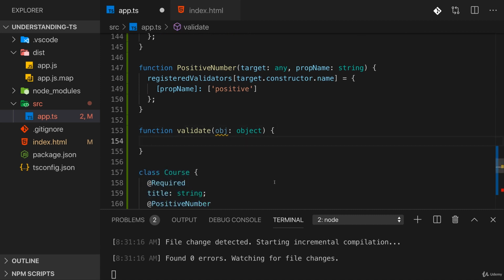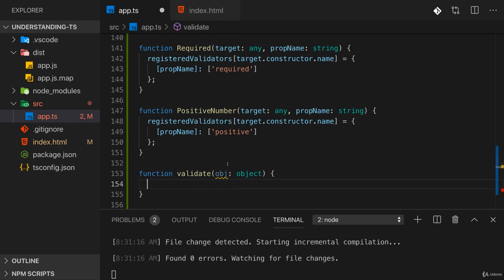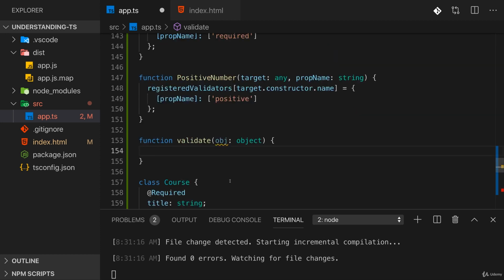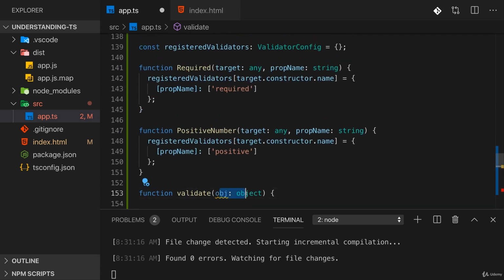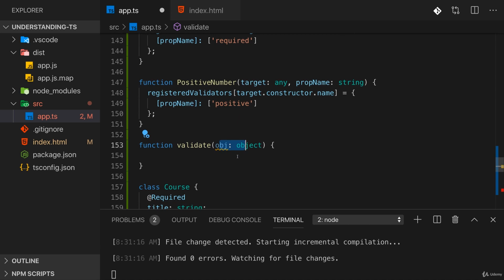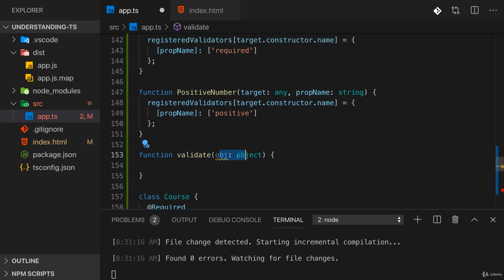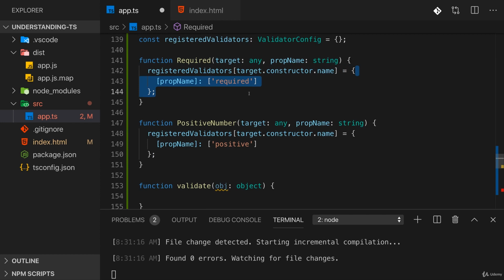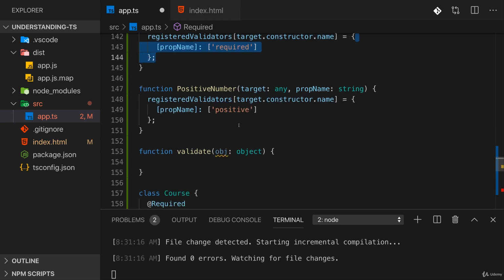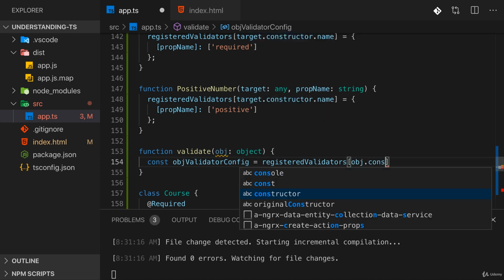Now we just need to work on the validate function. The validate function should go through all registered validators and then basically run different logic based on which validators it finds. So here, first of all, I want to retrieve the configuration for the concrete object we're dealing with. For that, we need to find out which constructor function the object is based on and then get the validation config or the property validator mappings here, which we set up for that object. So here I'll name this object validators or object validator config maybe, and we reach out to the registered validators here and access a property which should be